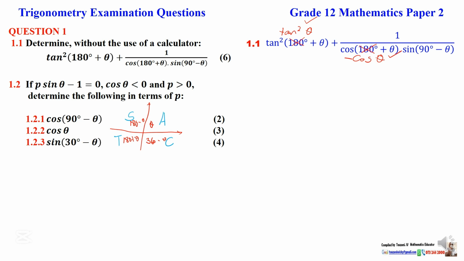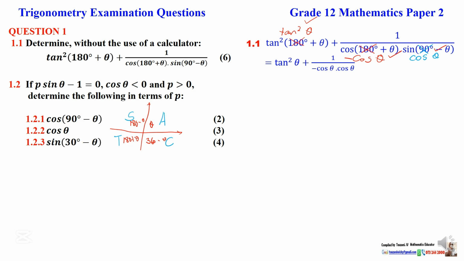Secondly, 90 degrees. If I see 90 degrees, the 90 degrees falls away. At the same time, sine changes to cos and cos changes to sine. So the sine of 90 minus theta is equivalent to cos theta. That is the third mark. If I don't continue with the exam but I've done this, at least I must get 3 marks for applying the reduction formulas and